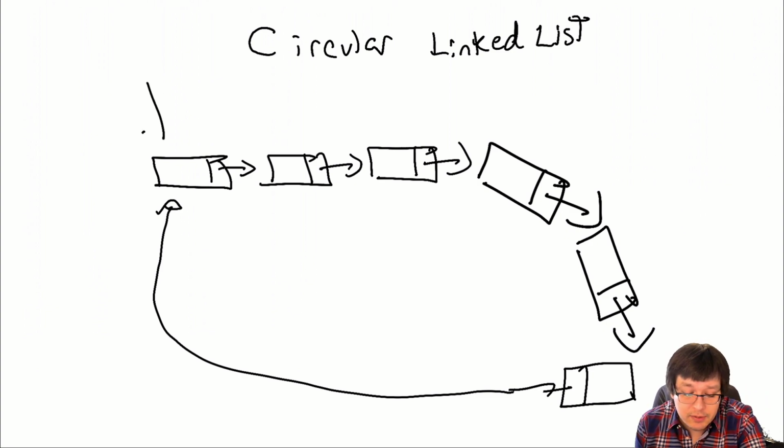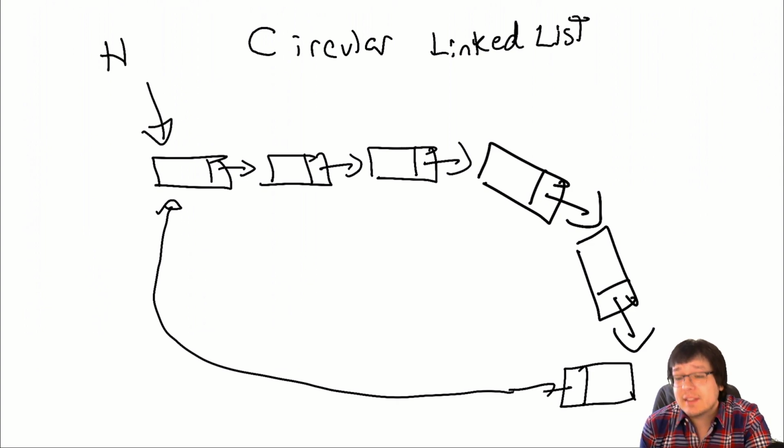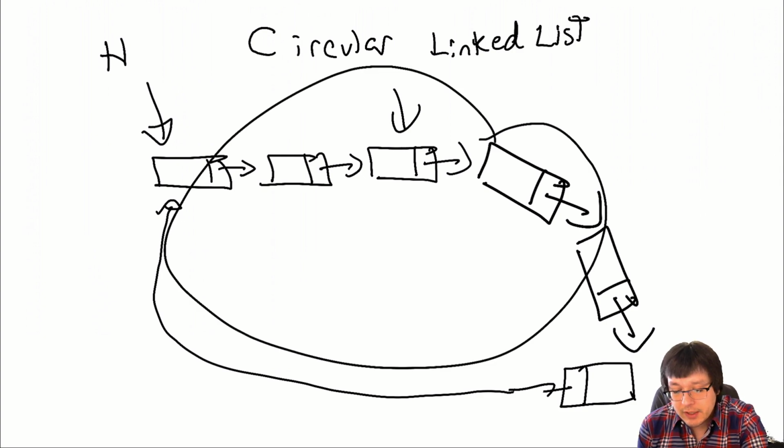Kind of a circle. And that's where the concept of a circular linked list comes from. It's not really used anywhere that I'm aware of. Maybe like a scheduling system, but not really. And then you still need to have a head pointer somewhere. But I guess at this point, it doesn't really matter where because it's a circle. So yes, this used to be the start of the linked list, but now it's just kind of part of it because if I start here, it doesn't matter. I'm still going to be able to get there in a circle, right?